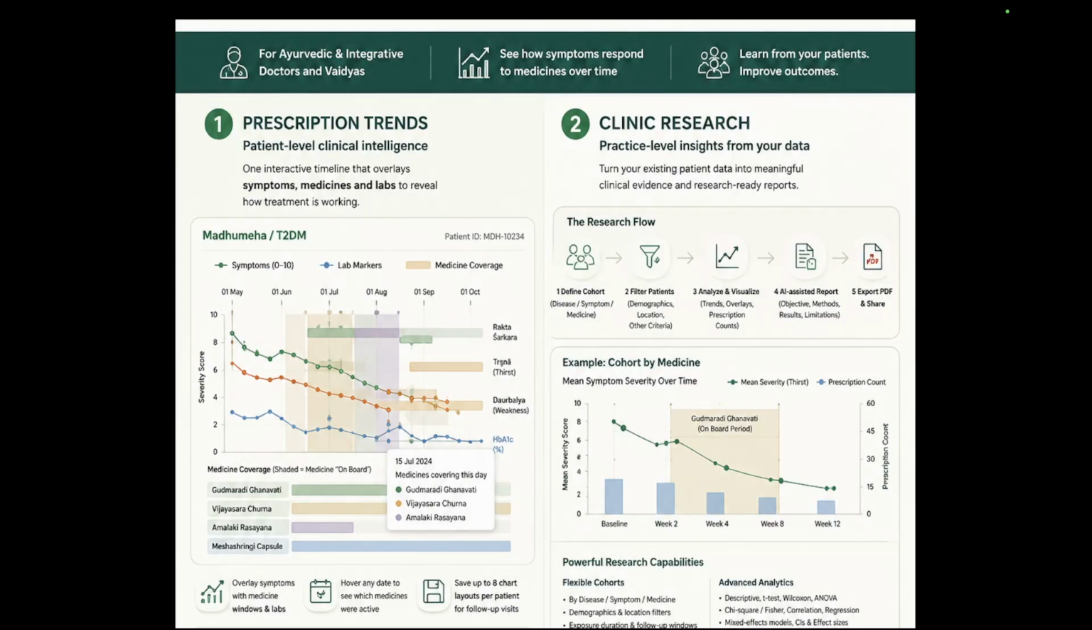Just imagine a doctor who has treated thousands of patients with diabetes, but there is no way he'll be able to see how his medicines are working. That specific problem is what we are trying to address with prescription trends, where you will be able to see